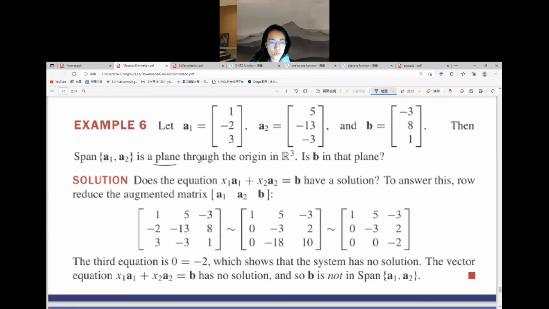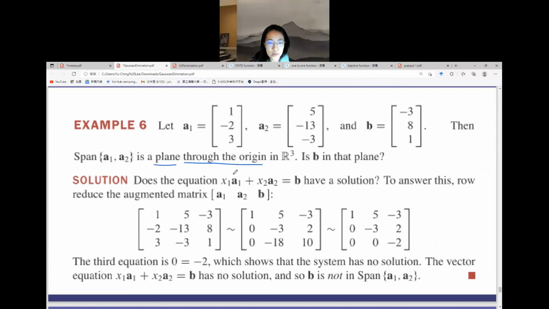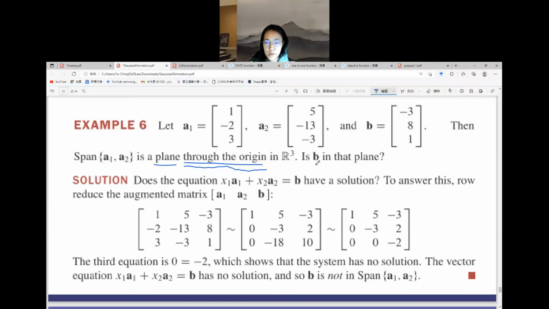The plane should go through the origin all the time. 这是 subspace 的一个 requirement. 当我们定义 subspace 的时候，又会再重新 reach 到一次。不过这个结果要先有一点印象。我们这个 plane 总是会穿越原点。